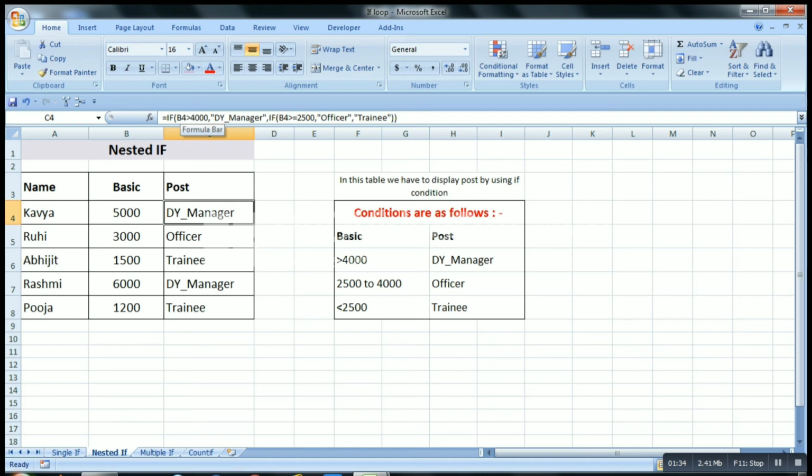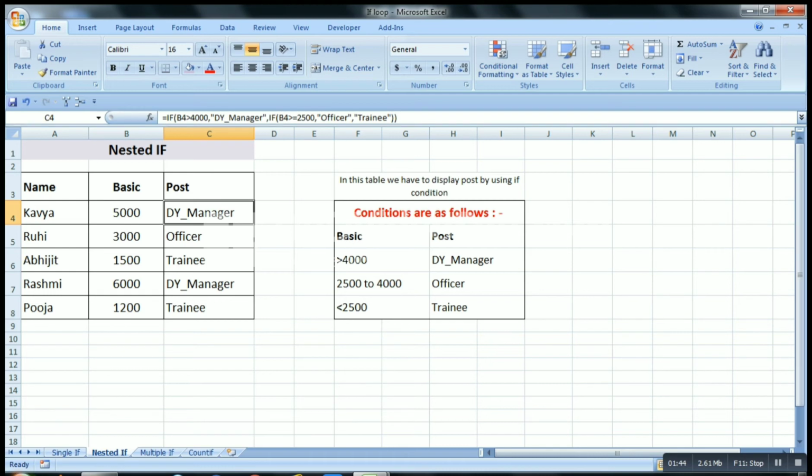But if it is false, again we have two conditions. If it is false, either he is an officer or a trainee. So we will use a second IF here in the false section. We'll again check the condition whether B4 is greater than or equal to 2500.